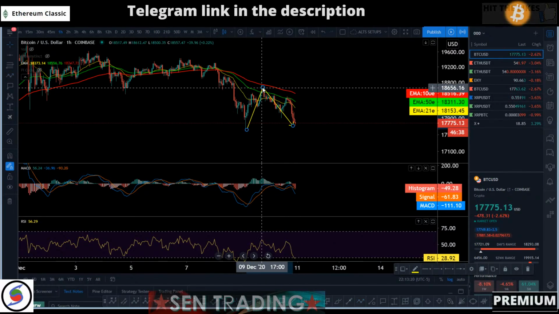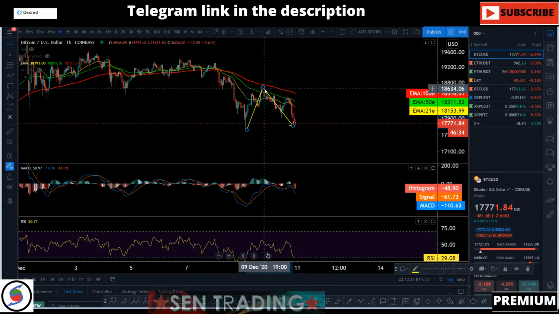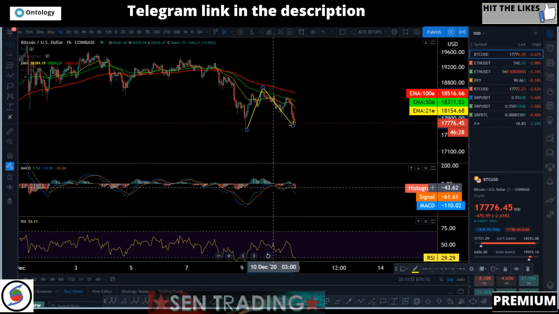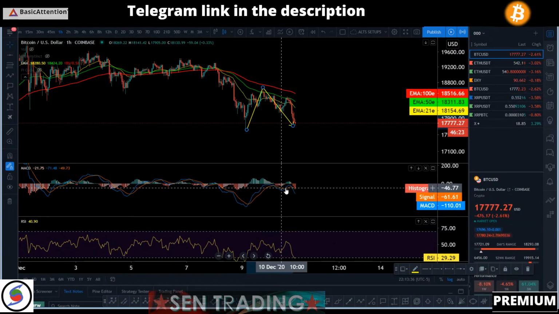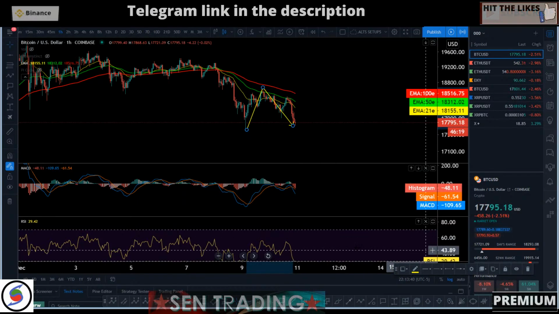So the best thing to do was to short right there, 18.5 to 18.6, just before the 1 hour 100 EMA. MACD already gave us a double crossover. That's a bullish setup right there. So if we're going to get a third crossover, that could create, right?